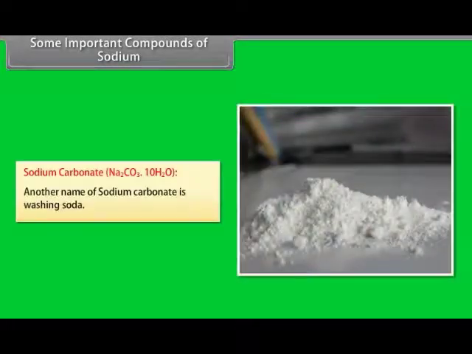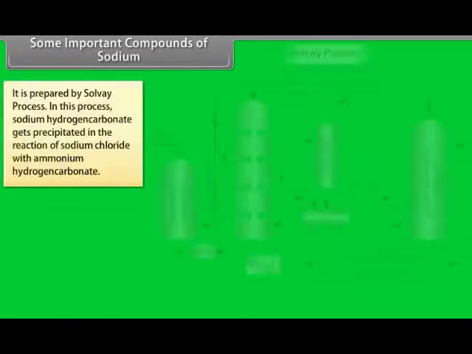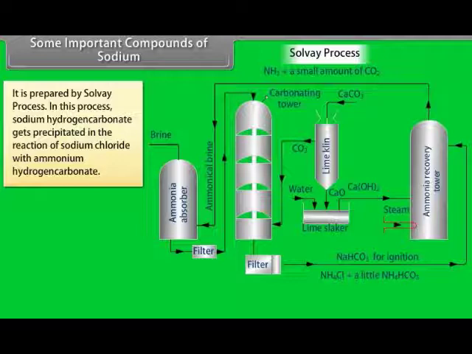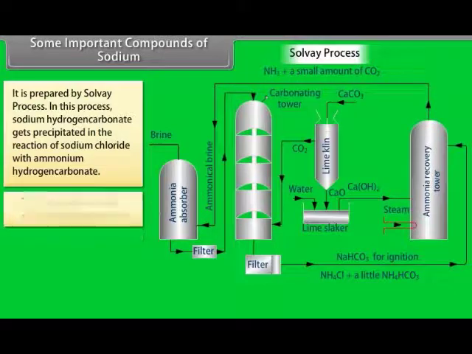Some important compounds of sodium. Sodium carbonate. Another name of sodium carbonate is washing soda. It is prepared by Solvay process. In this process, sodium hydrogen carbonate gets precipitated in the reaction of sodium chloride with ammonium hydrogen carbonate. The equations for the complete process are